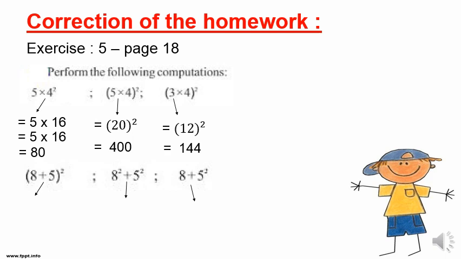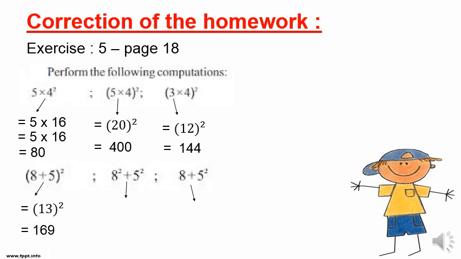Inside the parentheses, we have 8 plus 5. Pay attention here. We can't write 8 squared plus 5 squared because here we have addition. The rule is over multiplication only. We can put the exponent on the numbers only over multiplication or division. So here we have to solve using order of operations, starting with the parentheses to get 13 squared, 13 times